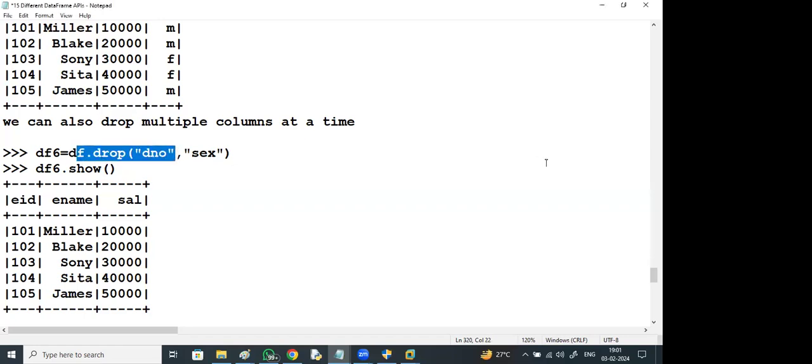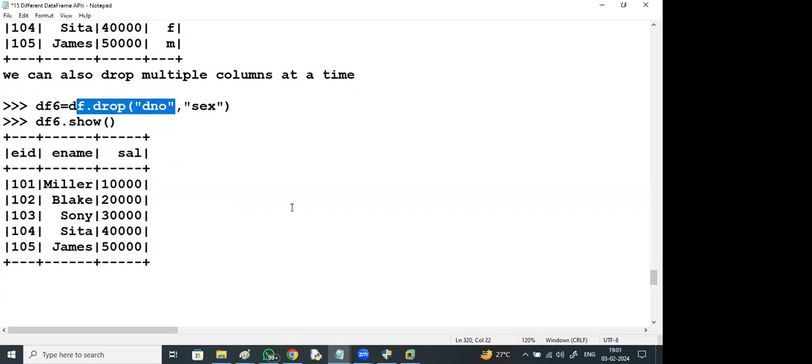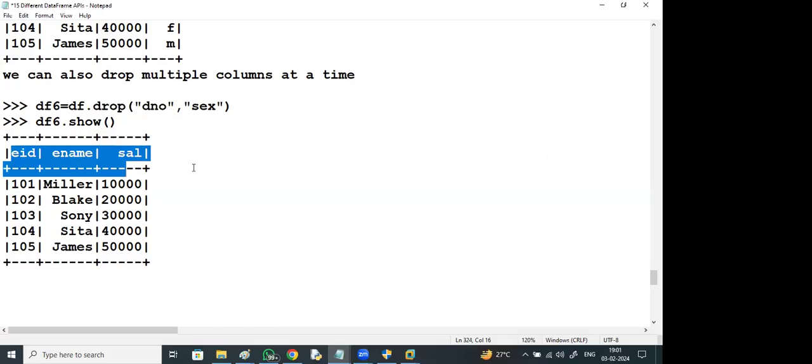df dot drop department, okay, multiple columns, right? Both the columns got removed. Yes.